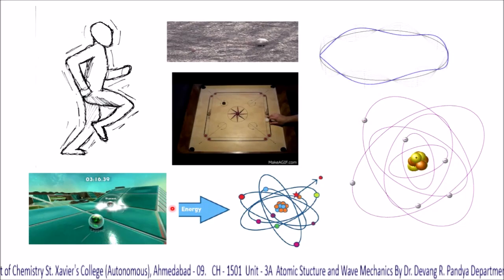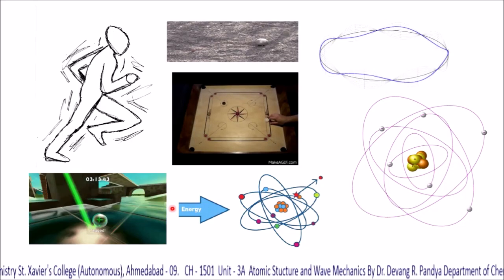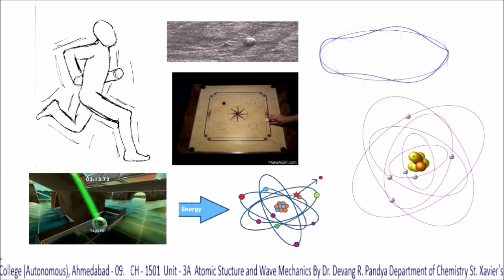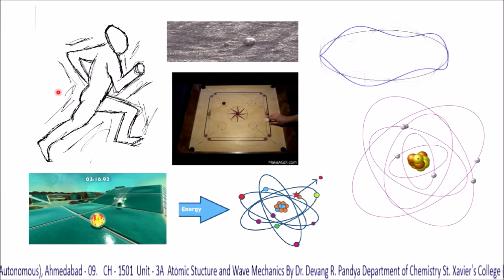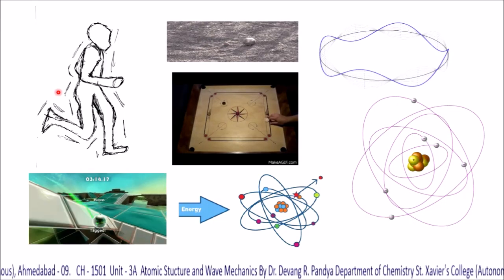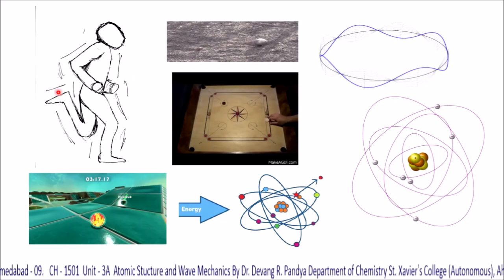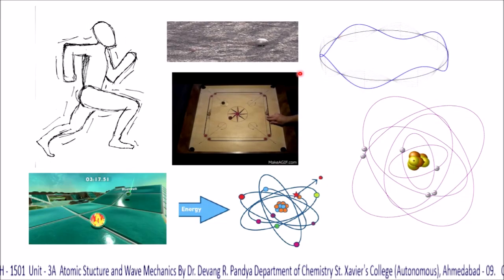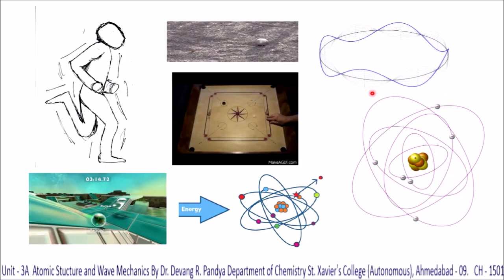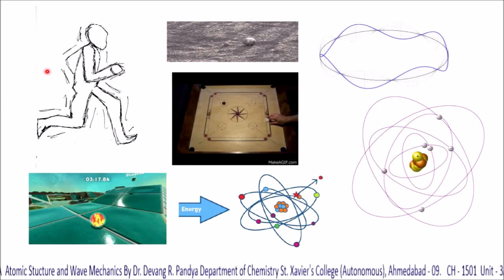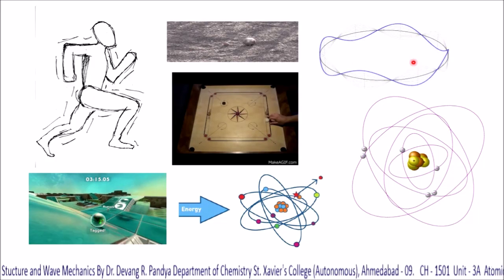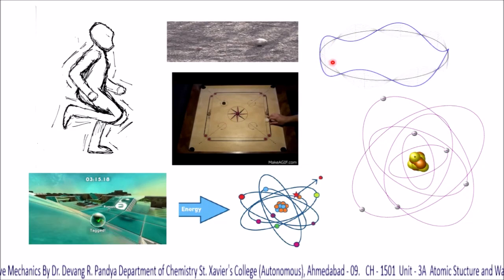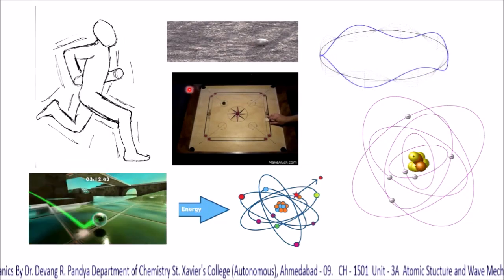Now to understand this uncertainty, I have a few examples to discuss. Here you can see one person running, and if somebody is standing very patiently and the person running fast is going to push them, or if somebody is moving in a circular pathway and somebody comes from behind at high speed and pushes them, what happens? If they collide, we can reduce the exactness of position, but after the collision, the person